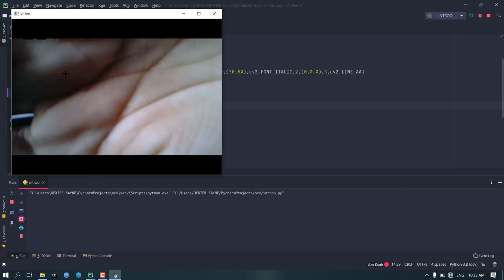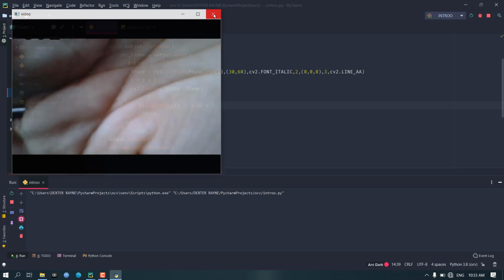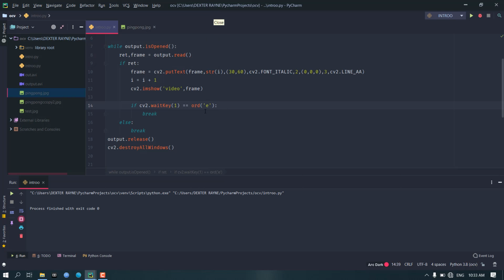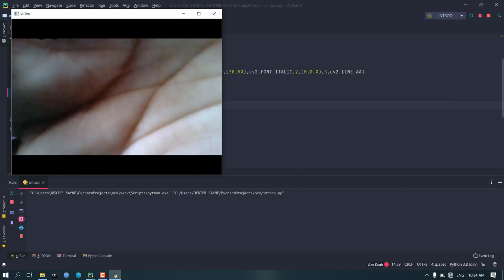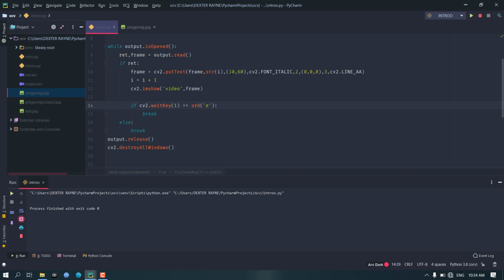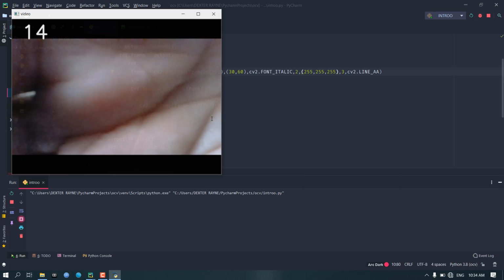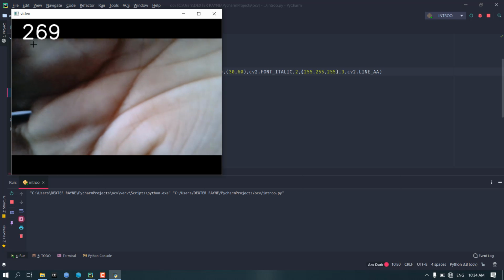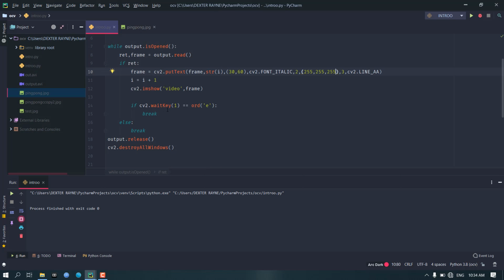Actually the text is there, but we are unable to see it because the text is black color and we put the text on black pixels. The text is here, but we are unable to see this. Let me do this again, and this time we will not change the coordinate, we will change the color. Let's change color to white. 255, 255, 255 is the white color. Let's see what happens now. As you can see, these are the frames. These are the total number of frames that are available in our video.